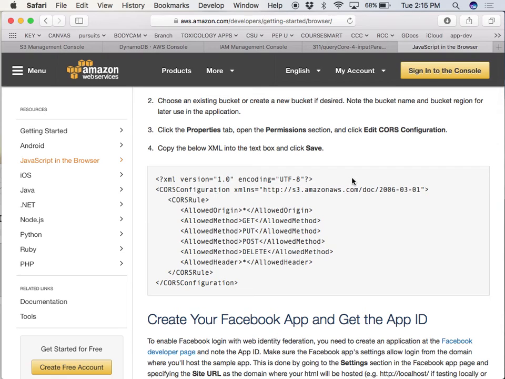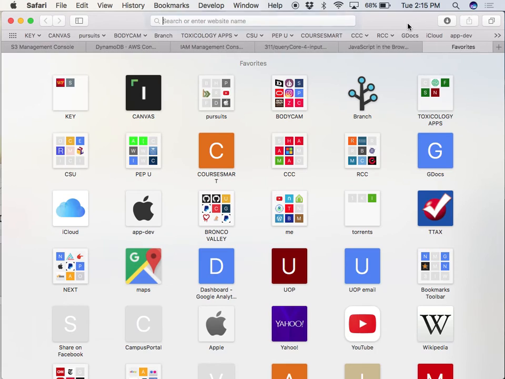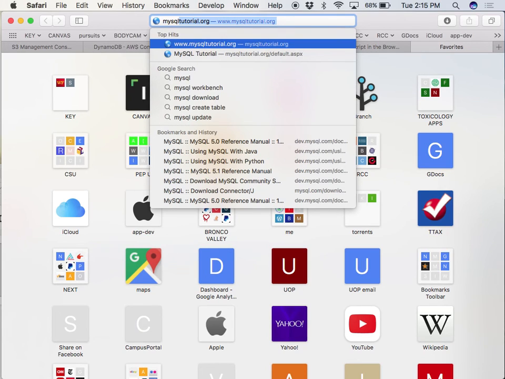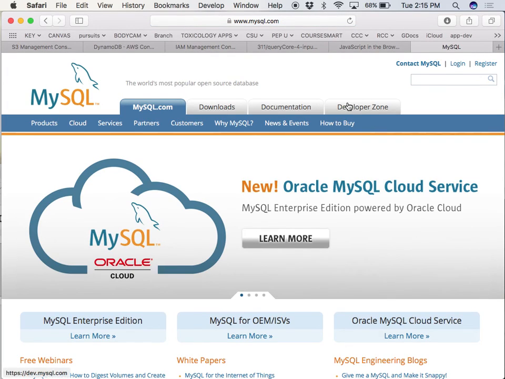But back to DynamoDB. DynamoDB works on a different principle than MySQL. MySQL is now owned by Oracle. Sun bought them, I believe, and now Oracle bought Sun, the Matryoshka doll of this corporate stack.